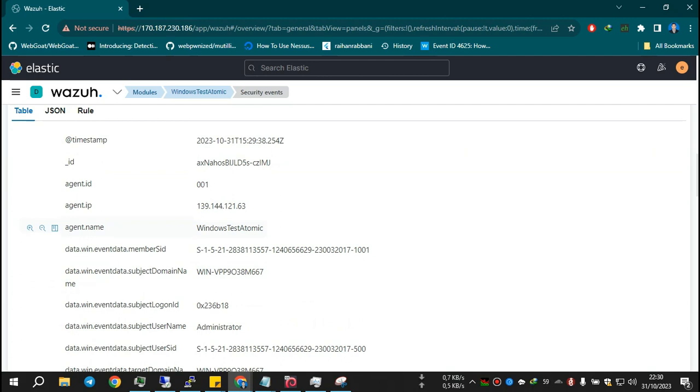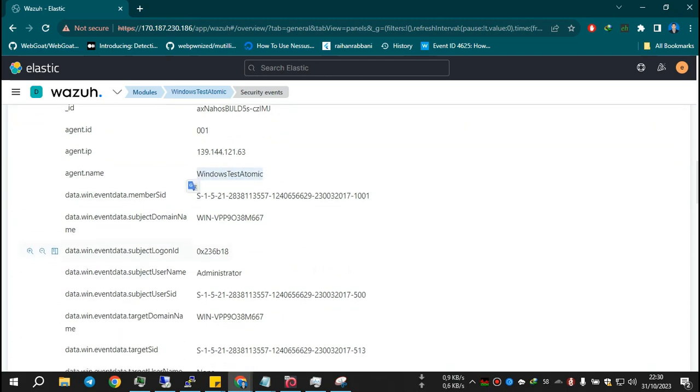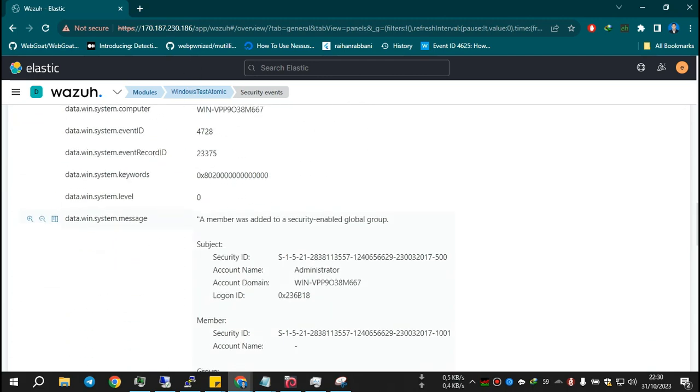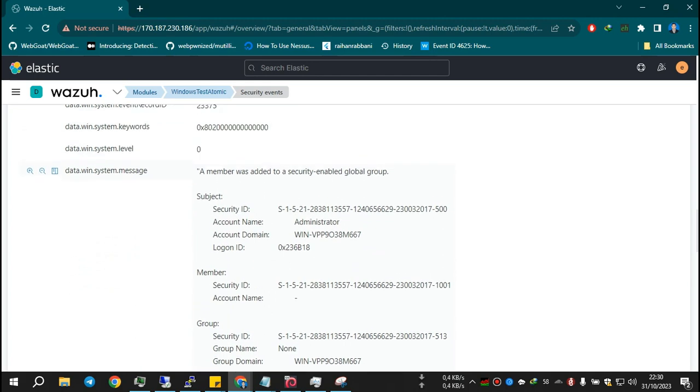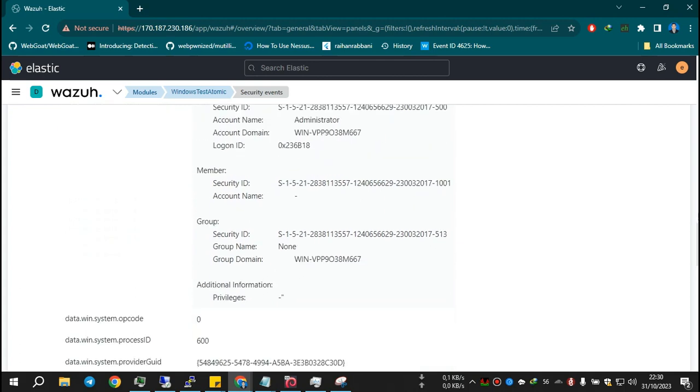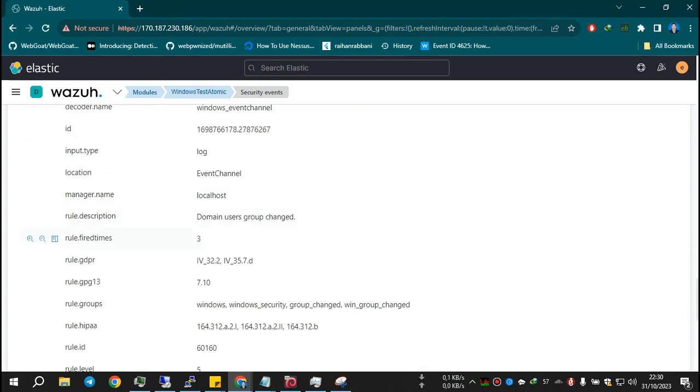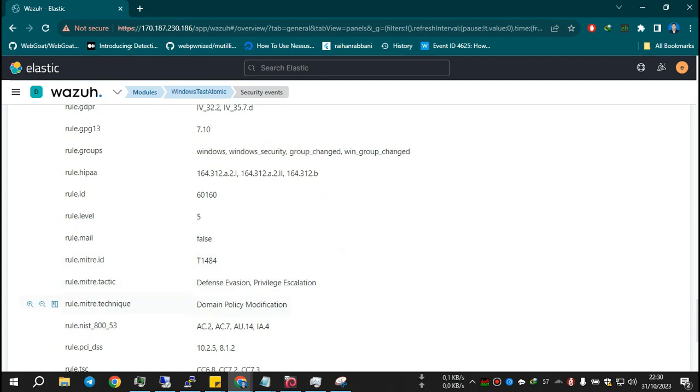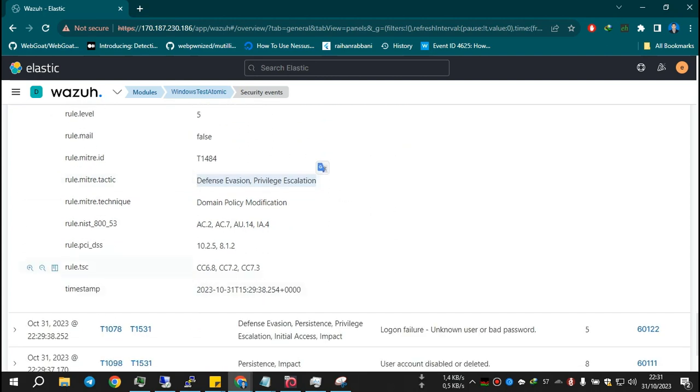This is from the Windows Test Atomic. The log is like this: a member was added to a security-enabled global group. And then the rule's MITRE technique is domain policy modification. The major tactic is defense evasion and privilege escalation.